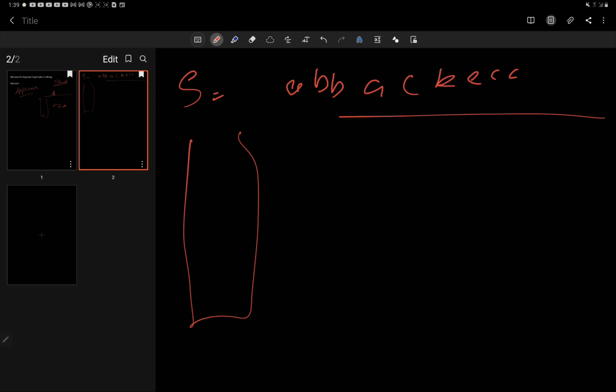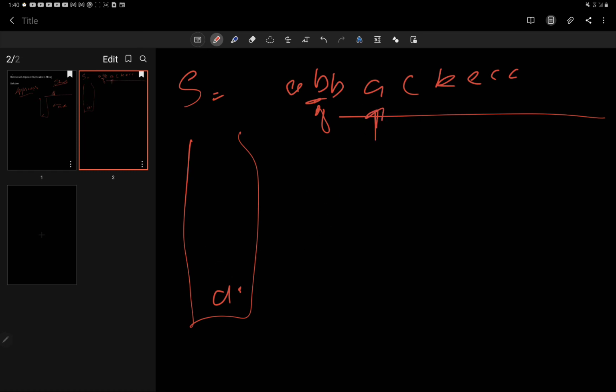We will traverse the whole string and look for the case. If it's empty, then we push the element, and if it's not empty, then we compare the topmost element with the character occurring next. If they are equal, we have to pop this element out, but if they are not equal, then we push this element as well. Now if they are equal, we pop this element. So now the content would be A only, and we have traversed up till here.